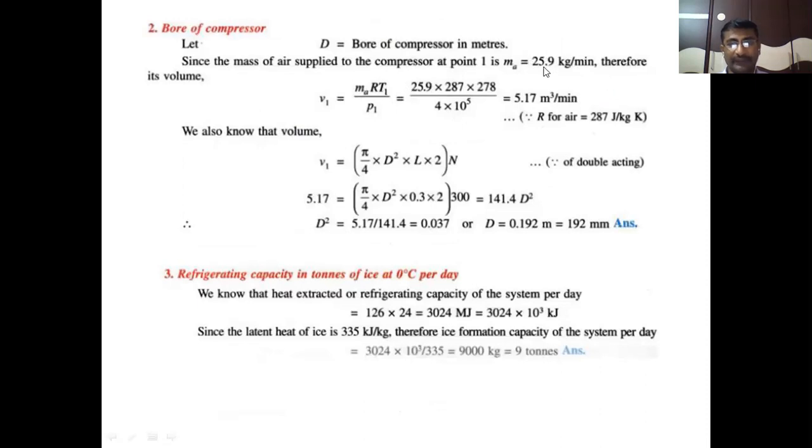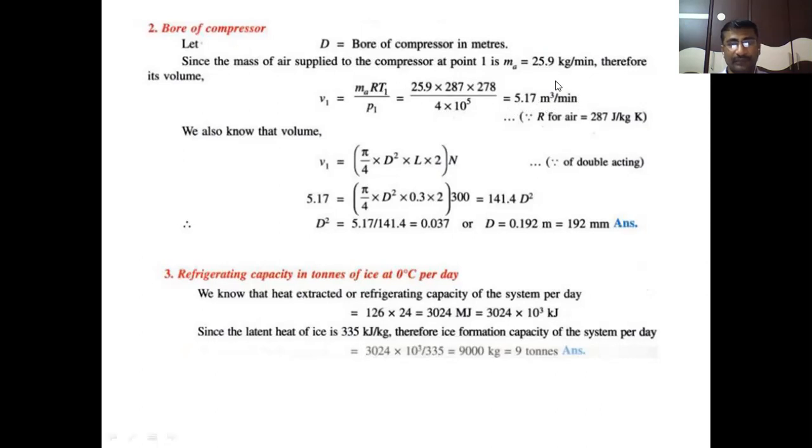MA is the mass of air circulated, 25.9 kg per minute. 287 is the R value in joules per kg Kelvin, into 278, the temperature at point 1, and the pressure given at point 1 is 4 bars, or 4 into 10 to the power of 5 newtons per meter square, Pascals. Then we will get the volume